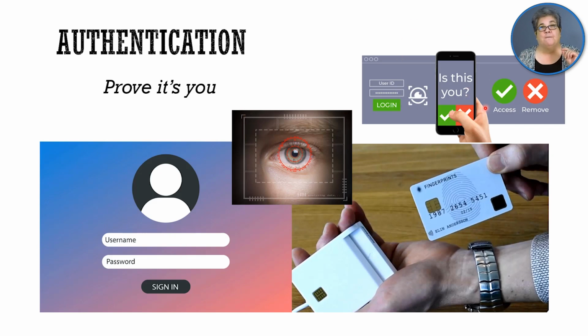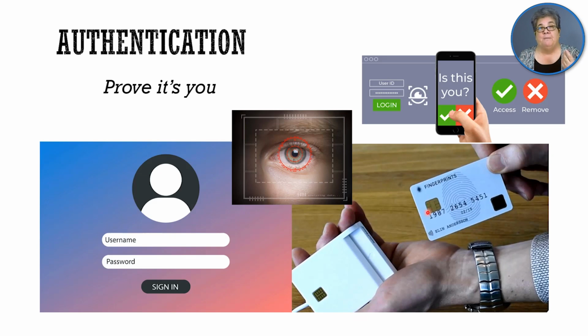Get something on your phone, like a multi-factor authentication, and click, yeah, this is me. Tap, this is me. Or do some kind of biometric scan. Or put in a smart card in a reader and then also provide a PIN. This is proving it's you, above and beyond just identification. And very often, badges will be both identification and used for authentication, because they'll be smart cards and they'll also